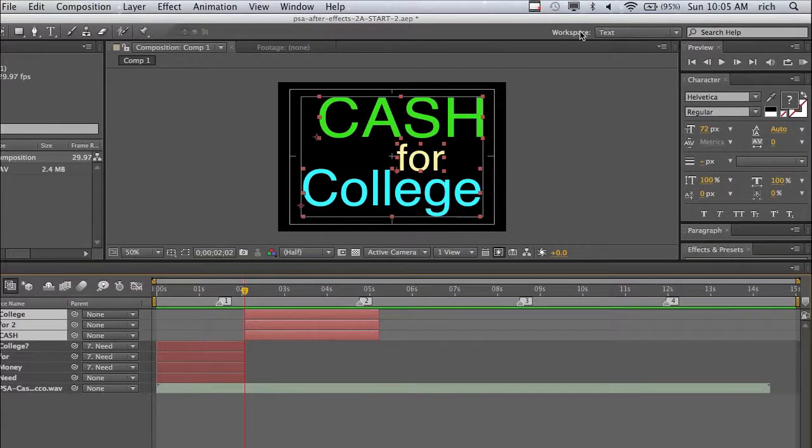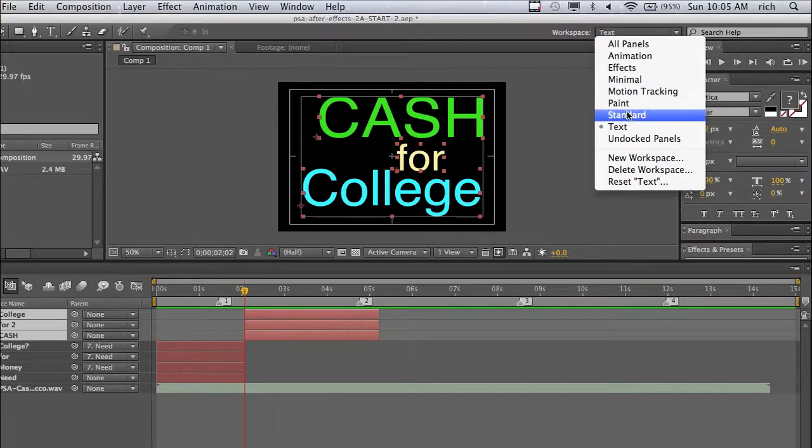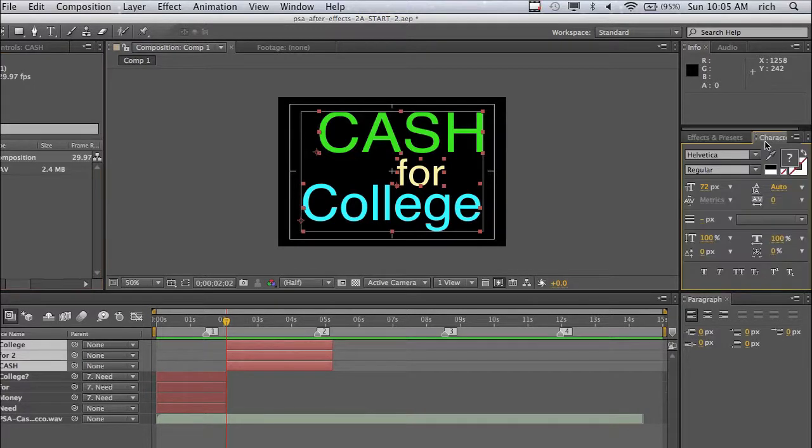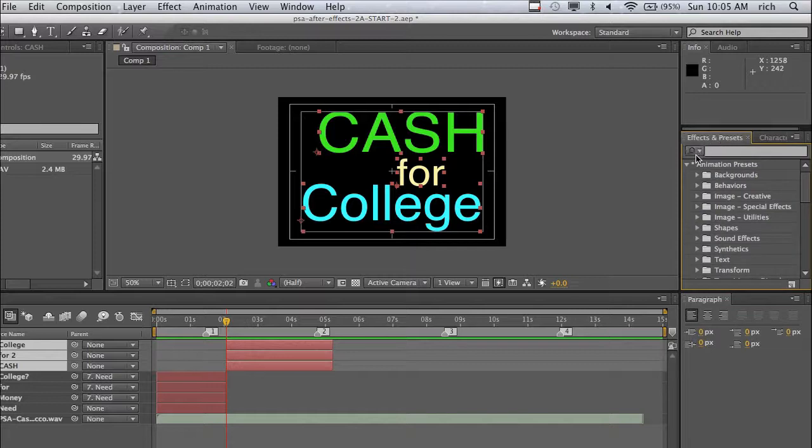So I'm going to go up here to the workspace. Last time I had you use the text layout. This time we're going to switch back to standard. It's going to rearrange the panels, and over here on the right you'll see a new panel pop out, which is called Effects and Presets. Now I can still get to the character preset by going here. I'm going to go to Effects and Presets, and from this long list, I'm going to choose Animation Presets